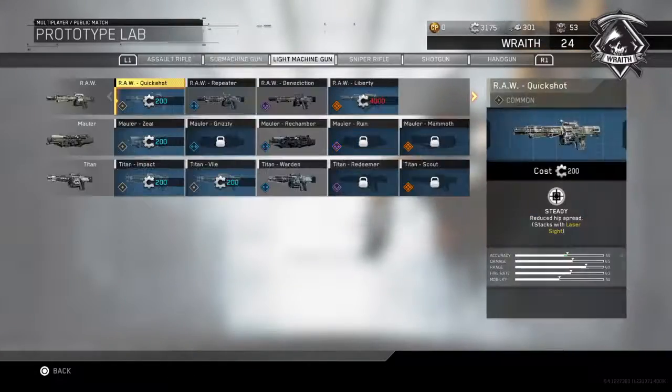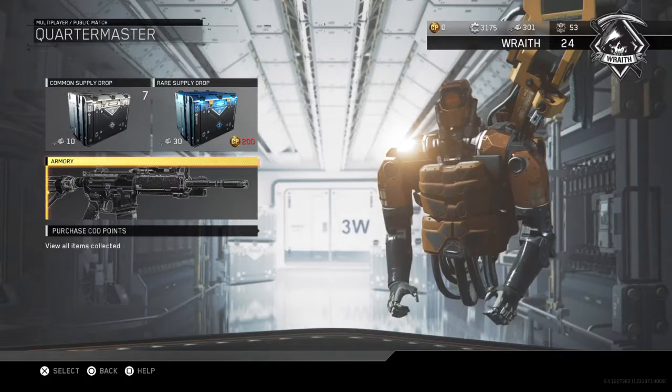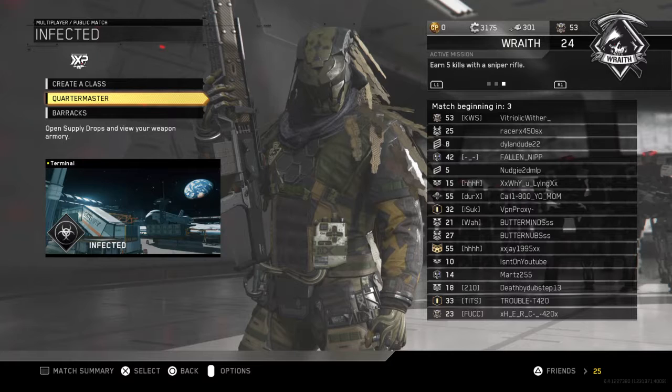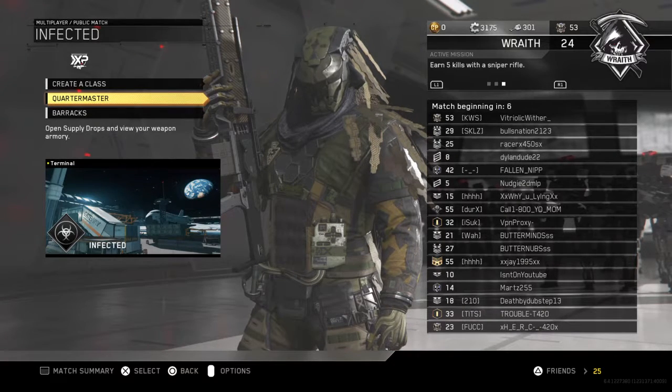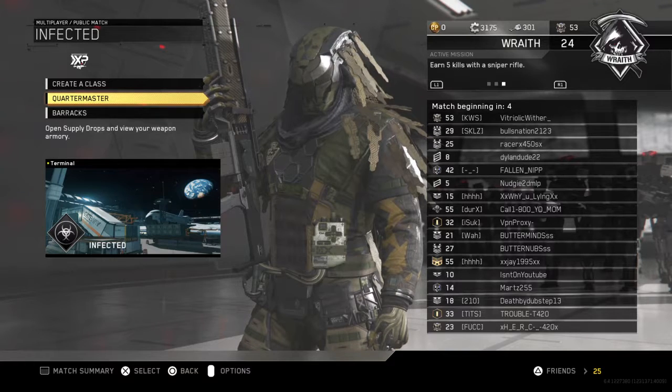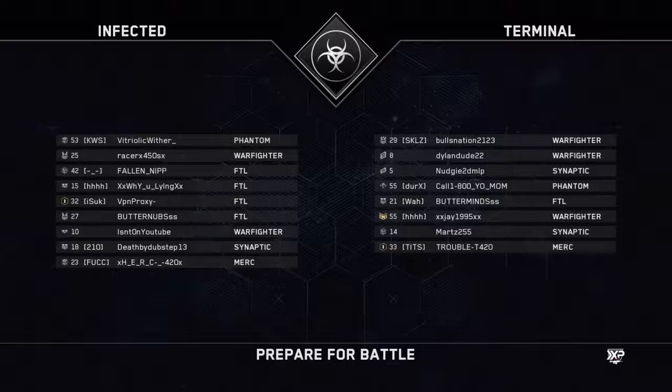The DMR Epic, so let's see what that's called real quick. I don't remember off the top of my head. The DMR Spectacle, DMR1 Spectacle. If you have that, you can one-shot people to the head. So if you hit that headshot to one-shot, then the Mauler Mammoth, the Epic Mauler, that can pretty much two-shot,